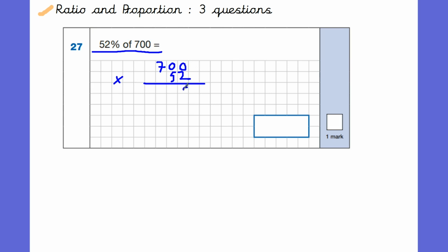So 0 times 2 is 0, 0 times 2 is 0, 7 times 2 is 14. Don't forget 0 to placehold. 0 times 5 is 0, 0 times 5 is 0, 7 times 5 is 35. So we need to add those parts together. 0 add 0 is 0, 0 add 0 is 0, 4 add 0 is 4, 1 and 5 is 6, and then 3 and 0 is 3. Giving us a final answer of